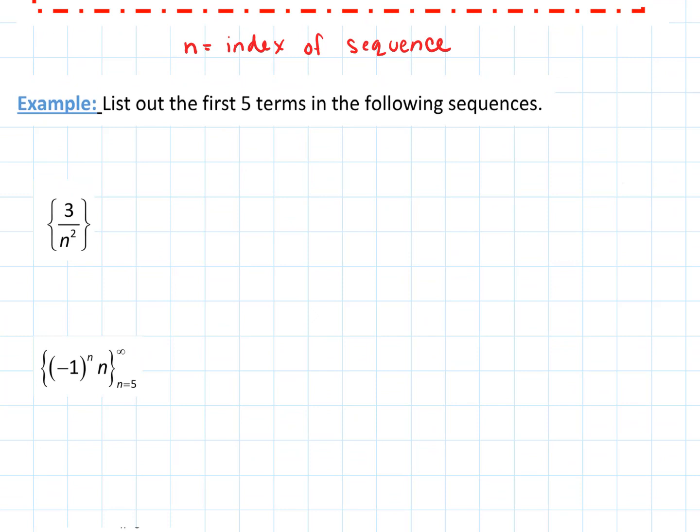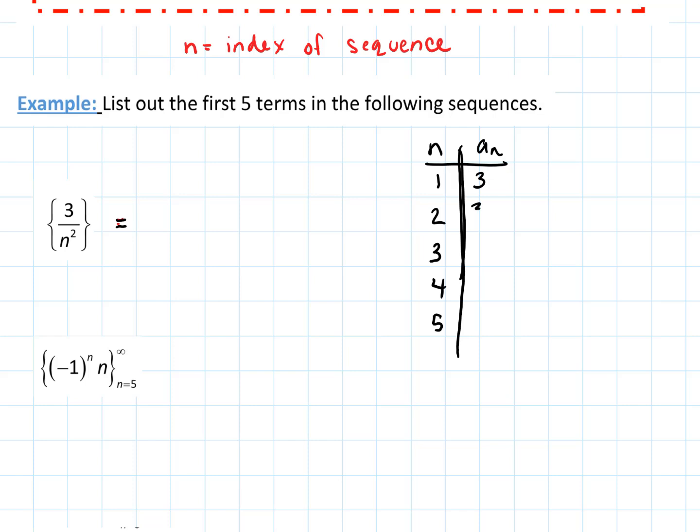So just to get started, let's take a couple of sequences and list out the first 5 terms of these sequences. If we've got 3 over n squared and we want to list out the first terms, we can do it in a couple of ways. If we wanted to, we could make a little table. We could start off by saying we've got n, it's not otherwise indicated, so we'll assume 1, 2, 3, 4, 5, and so forth. And then a sub n is going to be